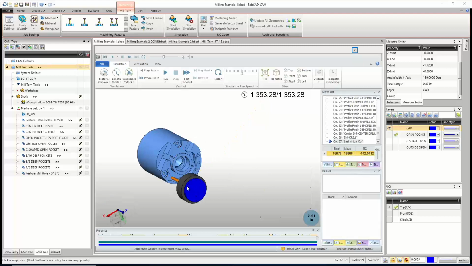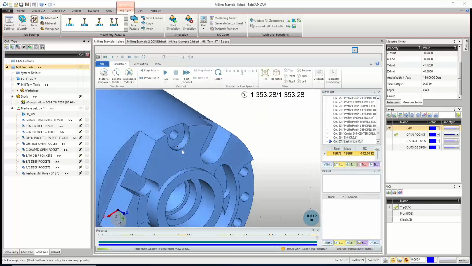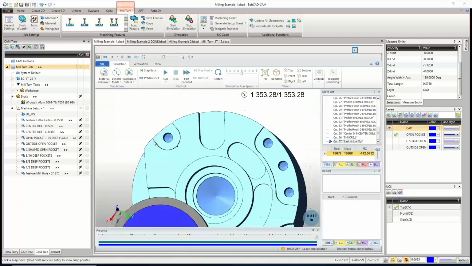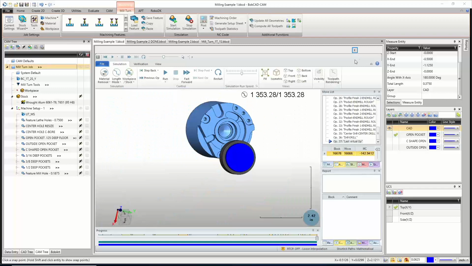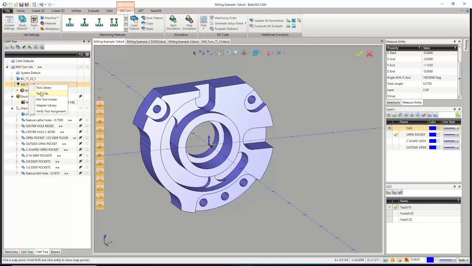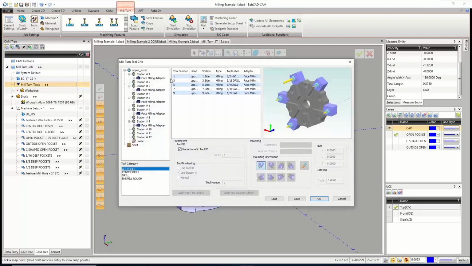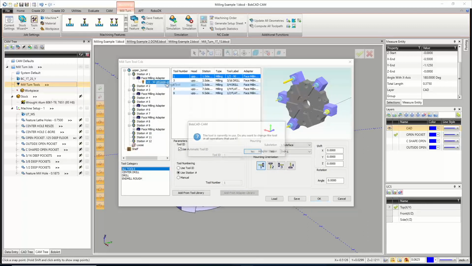Drills. Drills are okay, other than the fact that that 1/2-inch spot drill we got's a little big. So that's a quick change. We just have to swap out our center drill for something a little bit smaller. So let's just do that. We're going to right-click on the mill turn tools here, go to the tool crib, and then for that center drill, right here under station 1,